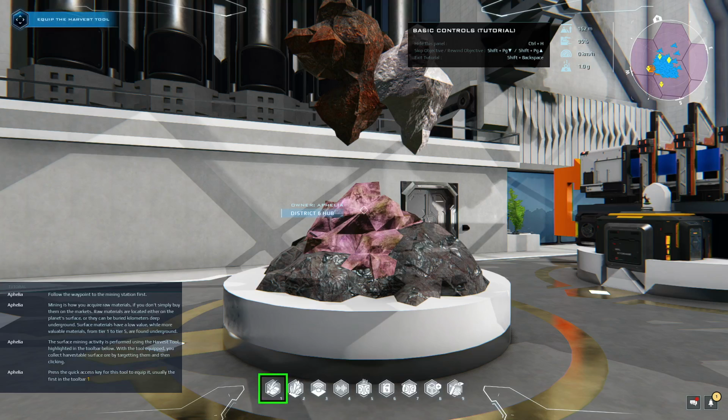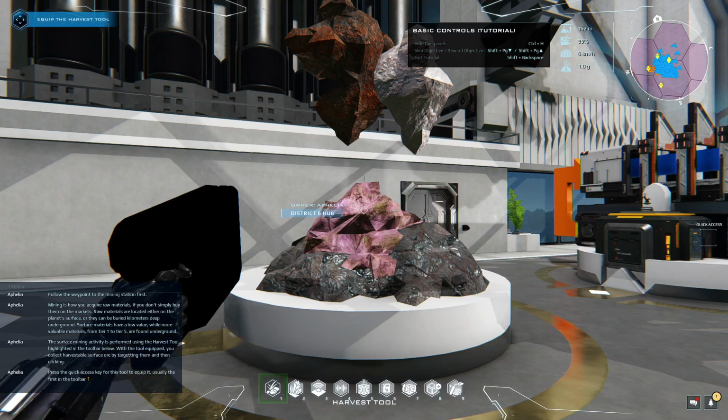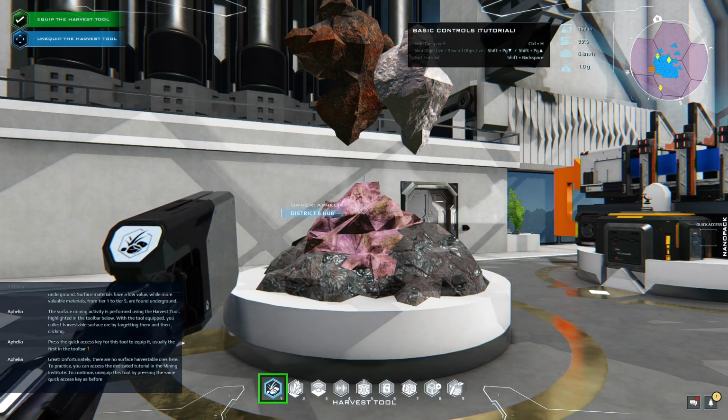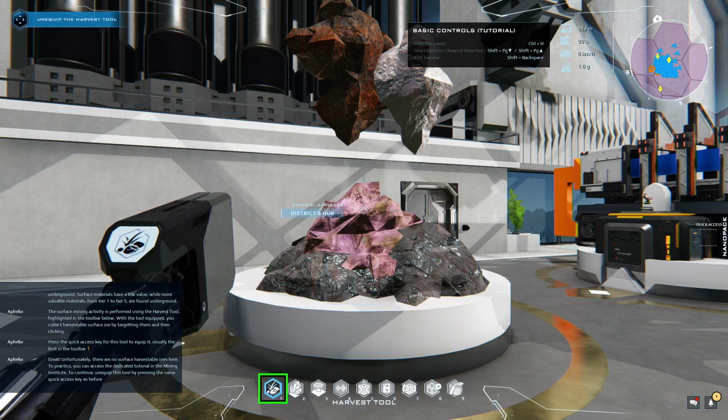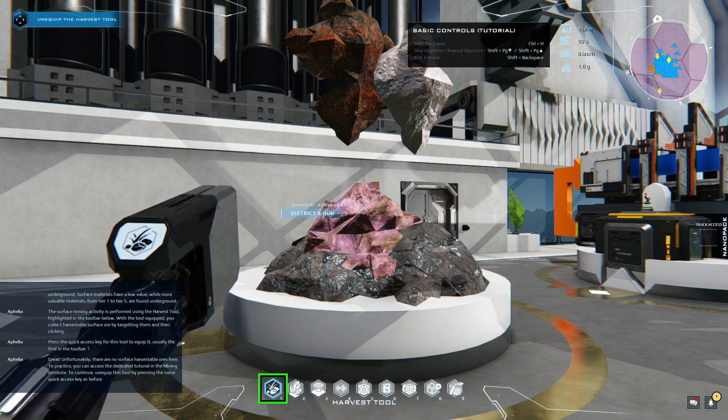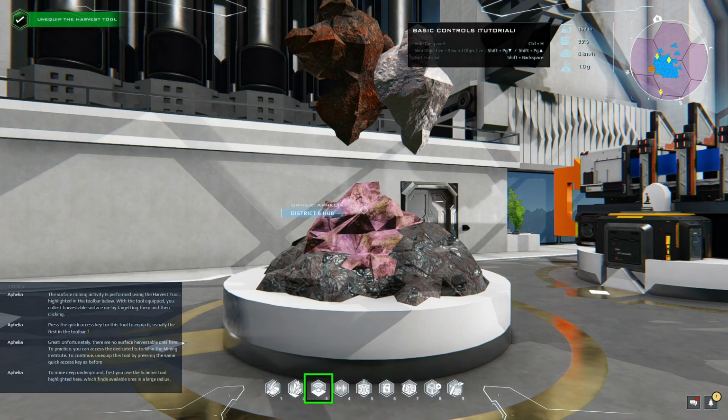Press the quick access key for this tool to equip it. Great. Unfortunately, there are no surface harvestable ores here. To practice, you can access the dedicated tutorial in the Mining Institute. To continue, unequip this tool by pressing the same quick access key. To mine deep underground,